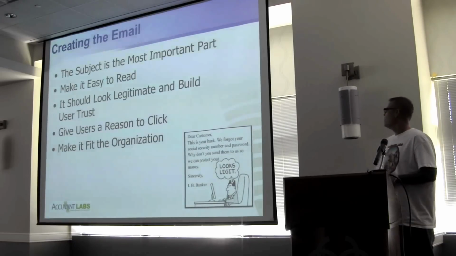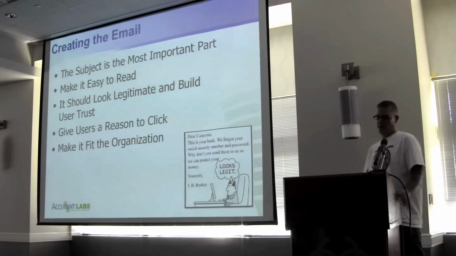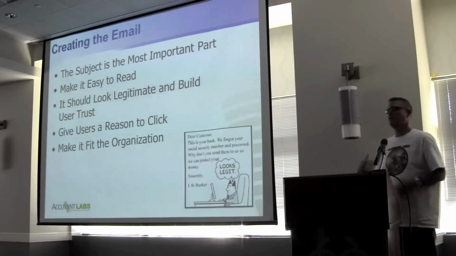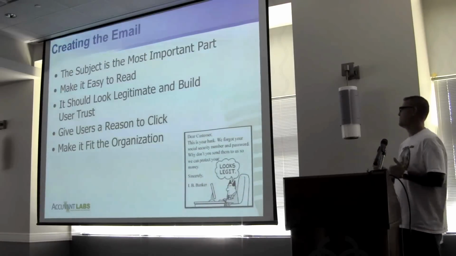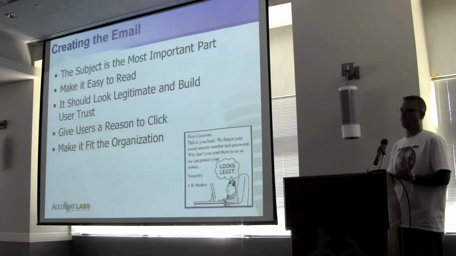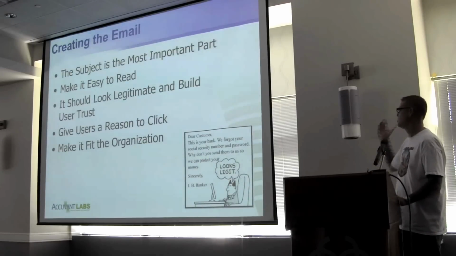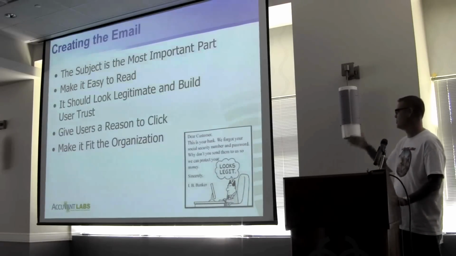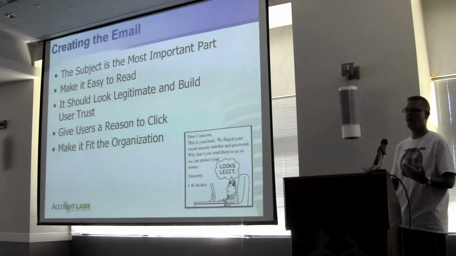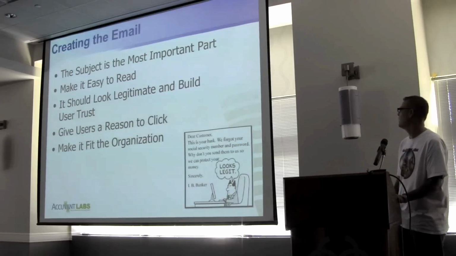So basically, these are my 5 big points about creating the phishing email. And the thing is that we're on the offensive. You know, we do pen testing, and we're talking about all this on the offensive. But if you're on the defensive, this stuff is just as important, because these are the 5 points you can take back to your users and say, these are the things to look for in a phishing email, right?